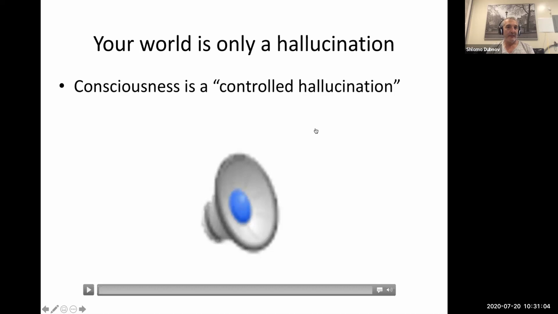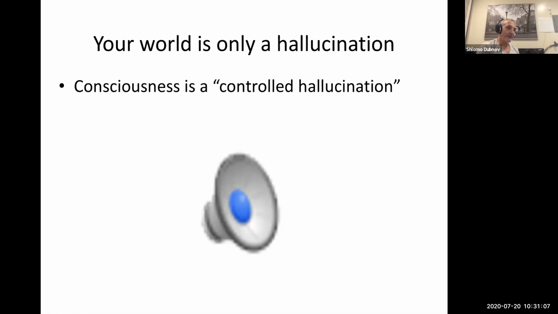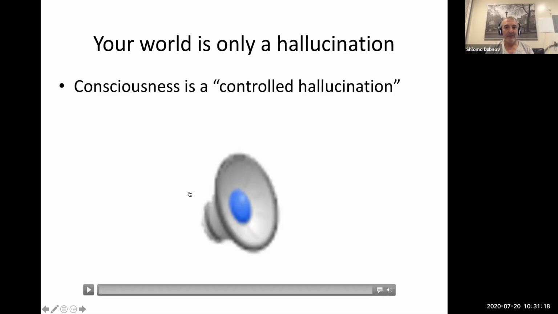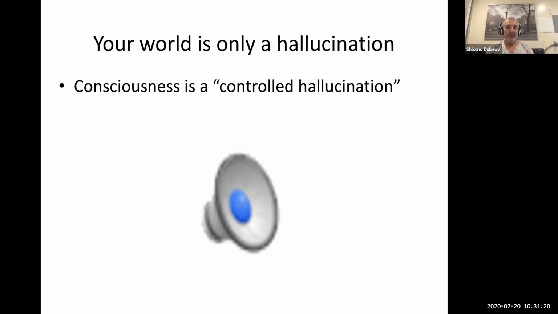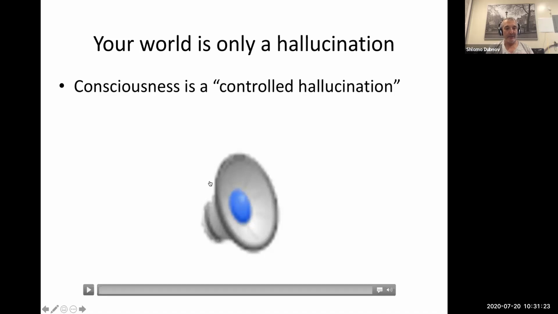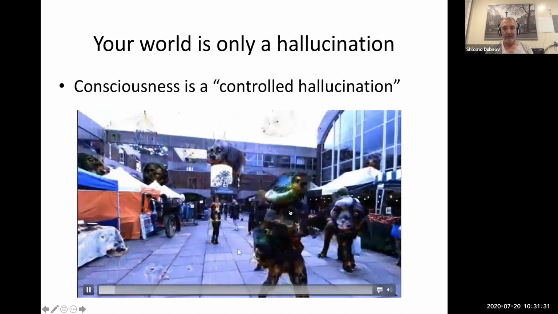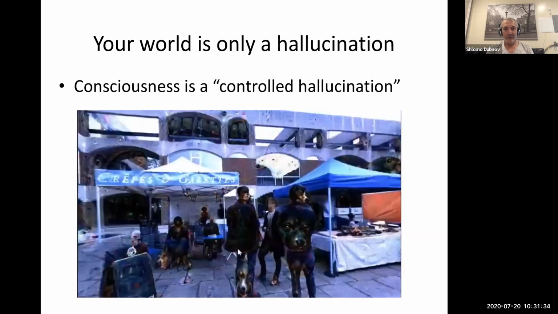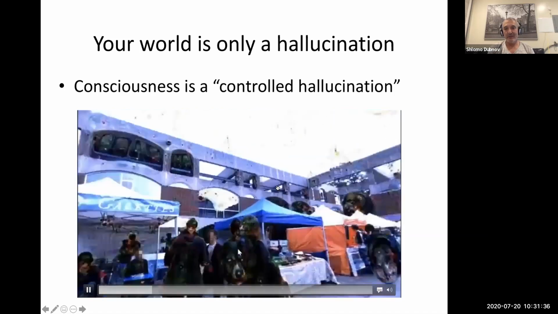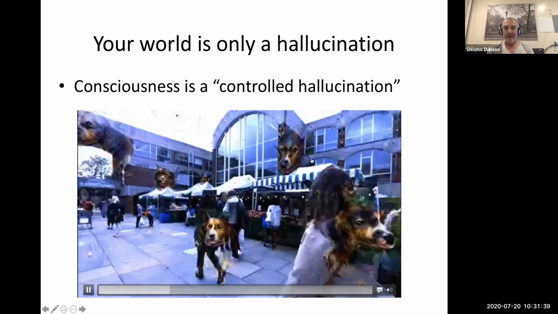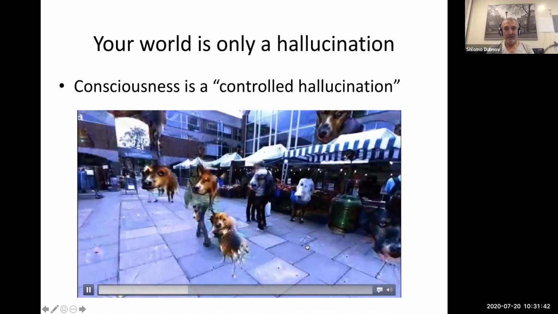But another interesting analogy that I find is this even more overreaching claim that consciousness is a controlled hallucination. So this is an example of a visual rendering, basically again mapping input-output with a network that was trained on dogs. So I hope we can see this. Yeah. So here the idea is that the network was trained to see dogs everywhere, and now when it tries to encode and decode a visual scene, you can see that it can hallucinate dogs all over the place.